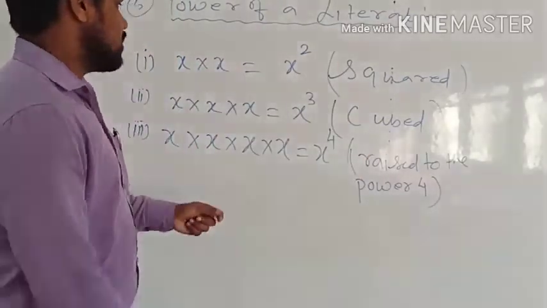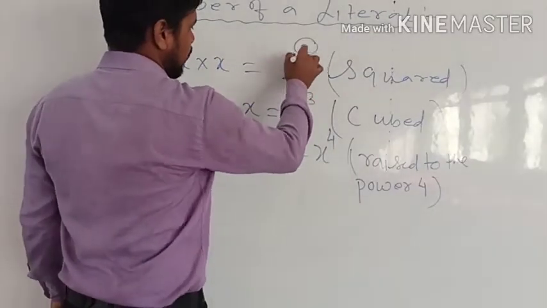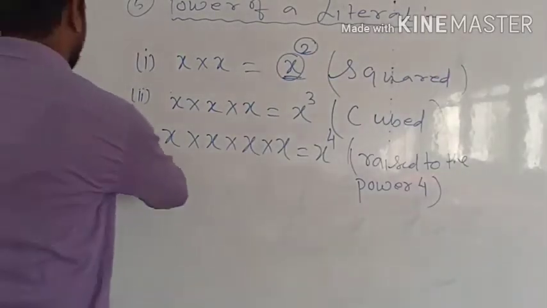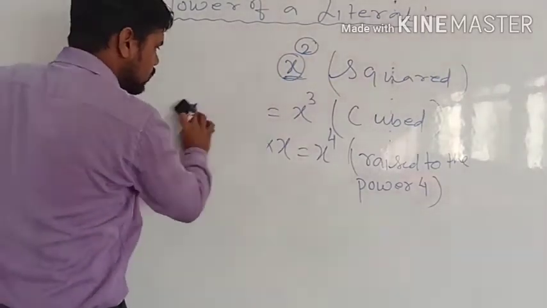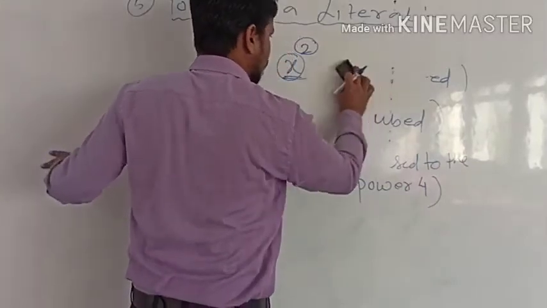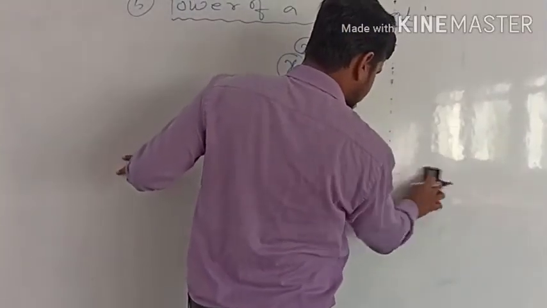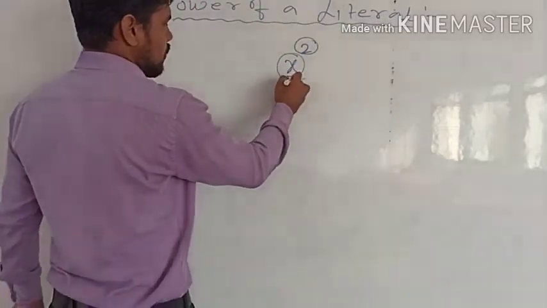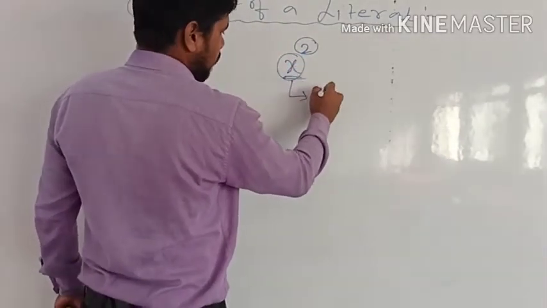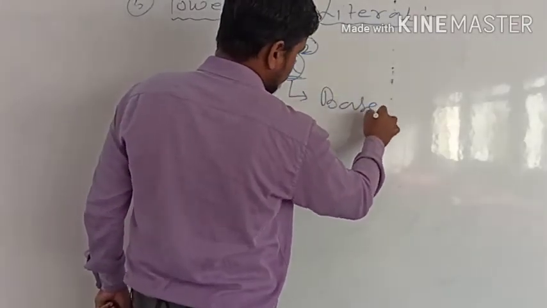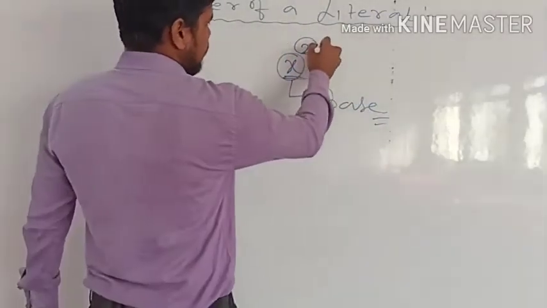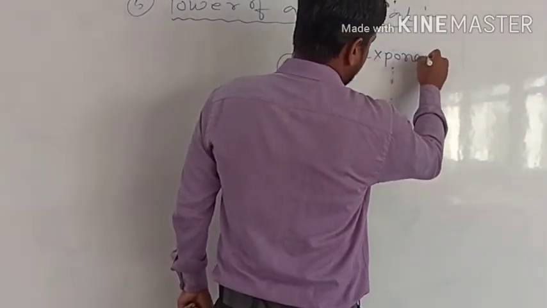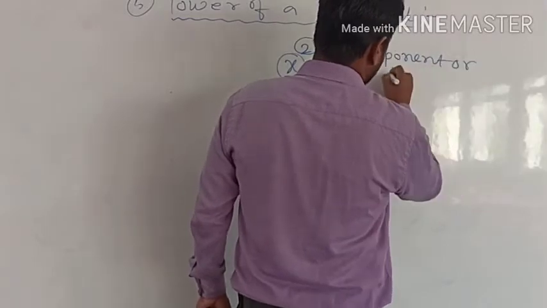Now what is this called and what is this called? There are two numbers you can see. So let's see what these two terms are called. Suppose we can take one example for that also. First try to understand the basic concept behind it. So this is the number which is called the base of a number. So this is the base, and this is the number which is called the exponent or index.